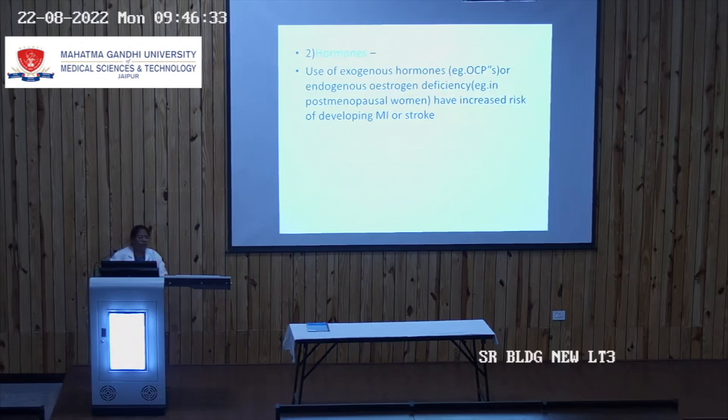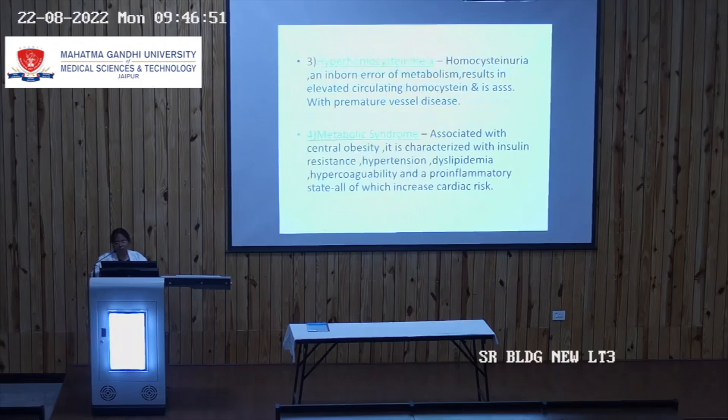Then if someone has been taking exogenous hormones, especially oral contraceptives, or if there is endogenous estrogen deficiency, as occurs in the postmenopausal, if it occurs at a younger age, they have an increased risk of developing MI or stroke. Then hyperhomocysteinemia is a very rare cause, and only in those who are genetically predisposed to it will there be premature vessel disease. Now, metabolic syndrome, this is very common these days because it is associated with central obesity, which is almost endemic